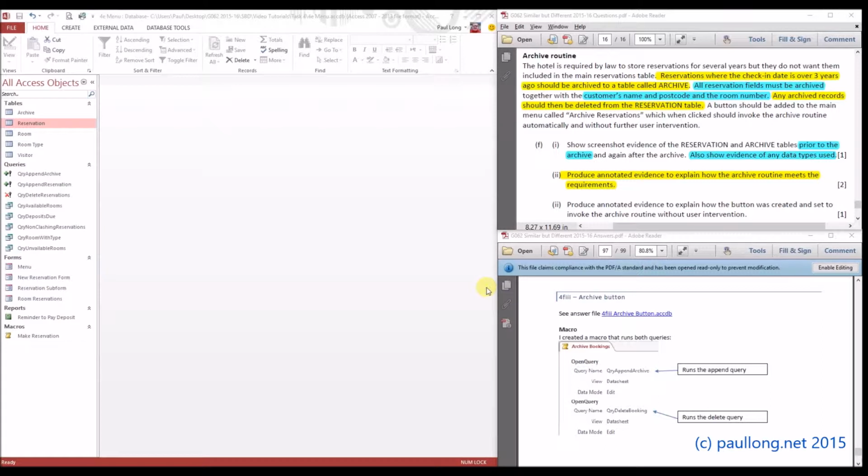This is 4F part 3, where we're going to be looking at the button that's going to be added to the main menu, and it's going to be called Archive Reservations, which when clicked should invoke the archive routine automatically and without further user intervention. So it says produce annotated evidence to explain how the button was created and set to invoke the archive routine